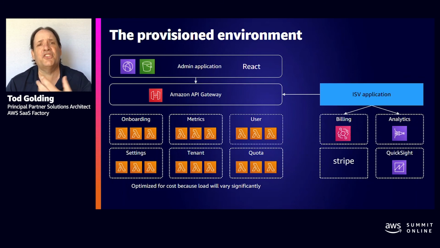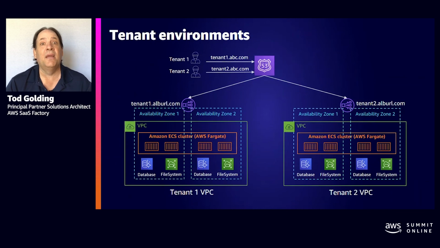So you still have to instrument all that into your own application. You'll also see that that application, through the API gateway, can interact with these shared services. So for example, if you have onboarding in your application, it could trigger onboarding from your application as well. But these are like the foundational services that are created. Then when you actually set up and provision tenants, what gets provisioned under the hood?